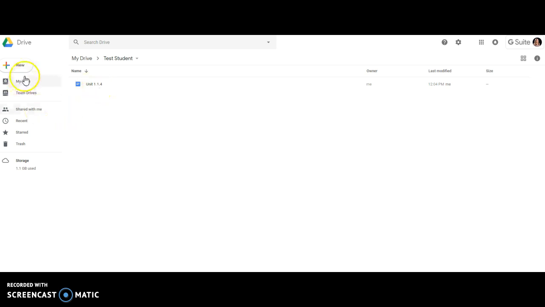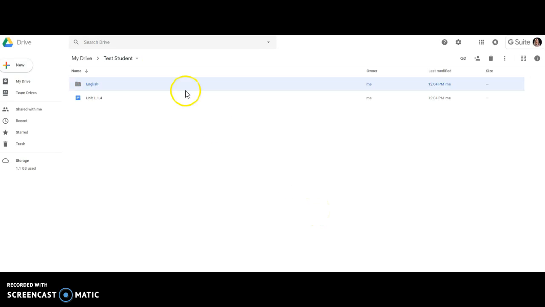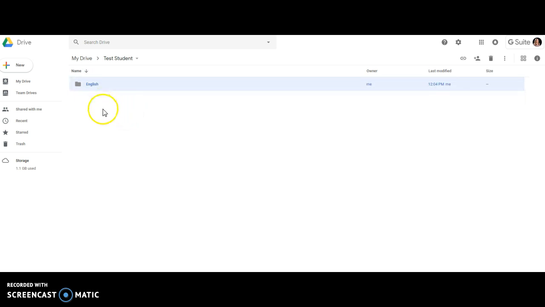Most of you have several courses in APEX, so you will come across those writing assignments in multiple subjects. So I would also recommend creating a folder for each one of your classes. So I just went to new, create a folder. This one is for English. So I'm going to create that folder, and then I can put my document, all my writing assignments in whatever